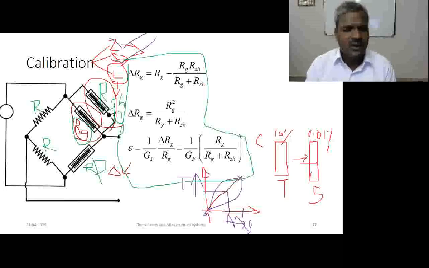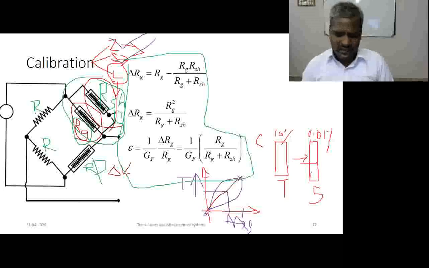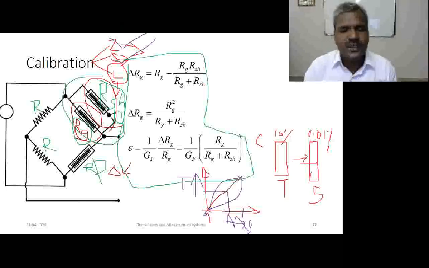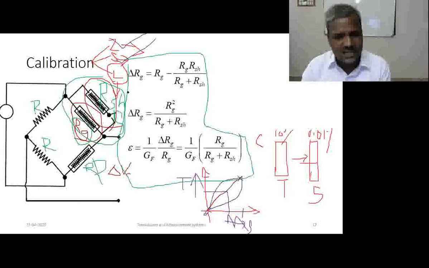So assume now we close the switch here. After closing the switch, what is the equivalent resistance across this arm? What will be the changing resistance? Because when we connect resistances in parallel the resistance decreases, not increases. If you connect two resistances in series, the resistance increases. This you know, right? So when you connect a resistance in parallel with the strain gauge, what happens to the change in resistance?